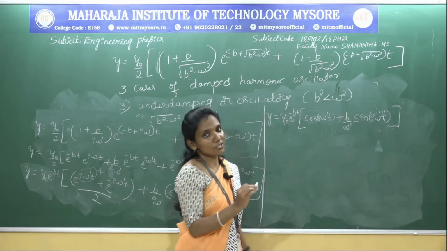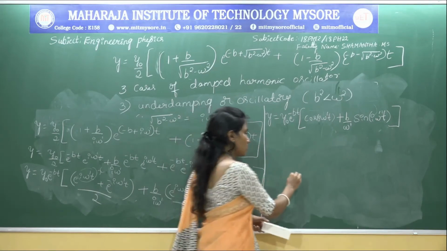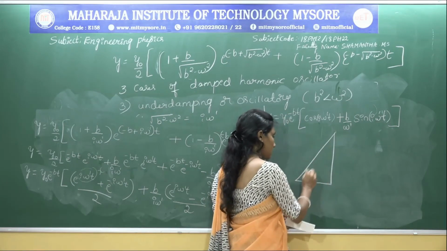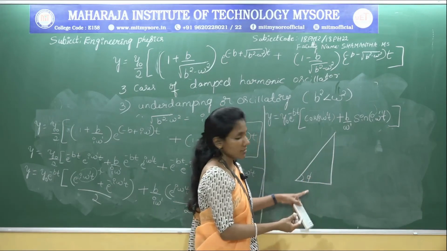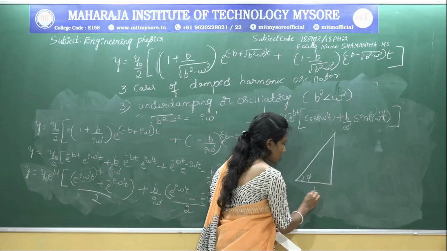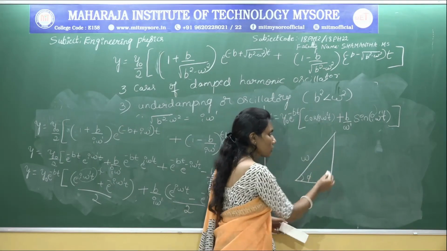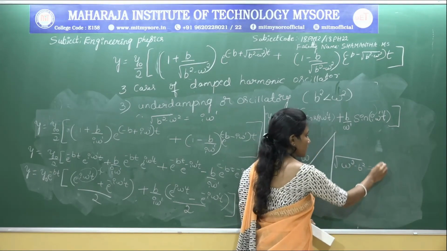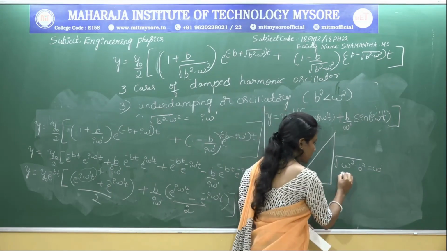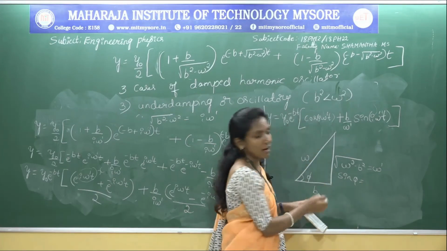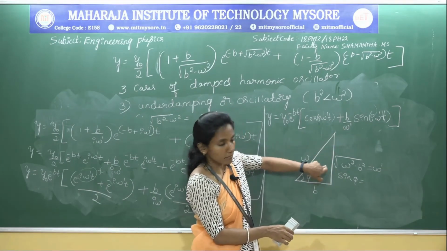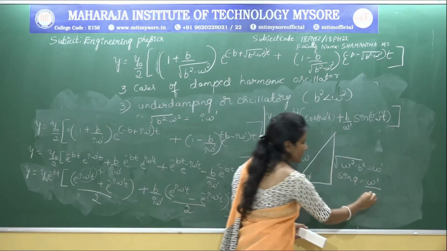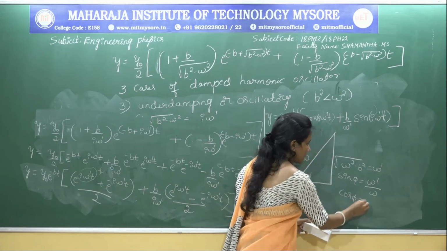So, when the particle is oscillating in the case of underdamping, what will happen? If we consider a right angle triangle, the particle is oscillating with the phase constant phi and with small damping, and the angular frequency is omega. Here the opposite side is root of omega square minus b square, that is omega prime. So, for this, what is sine phi? Sine phi is opposite by hypotenuse, that is omega prime by omega, and cos phi is adjacent